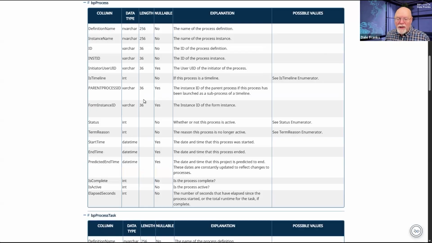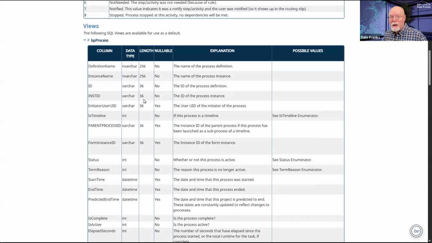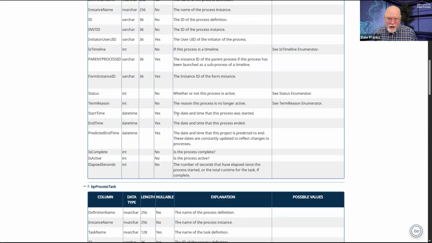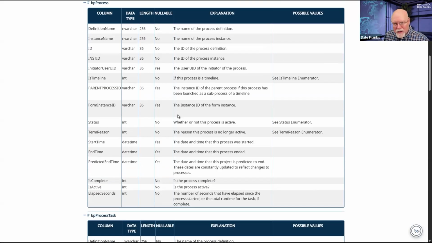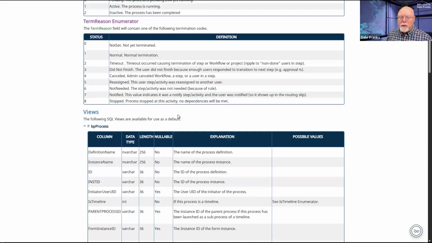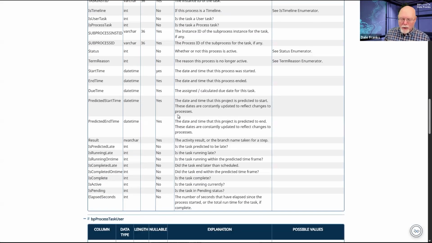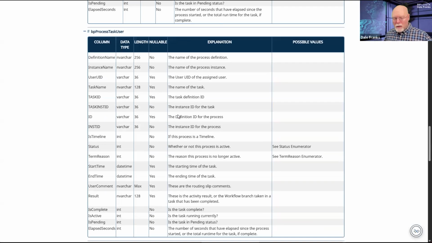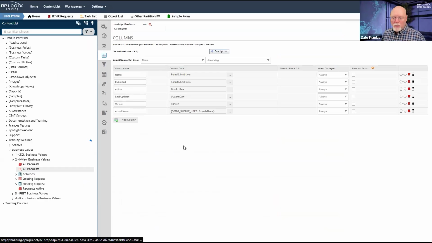to try to pull this stuff back from a knowledge view, which quite frankly is going to be super tedious and may take a long time to pull this back, because we're trying to pull data from a knowledge view across 10 or 12 different tables with a whole bunch of joins on it. It's going to be a lot faster if you use these built-in views that exist in Process Director. If you are looking for process or user-based information, we've got you covered. They exist, and you can pull that with a SQL business value. But of course, obviously, for some process data, you would have to use the knowledge view.